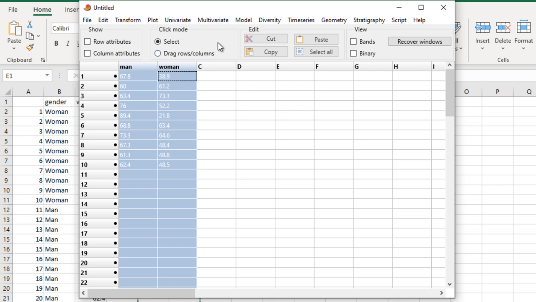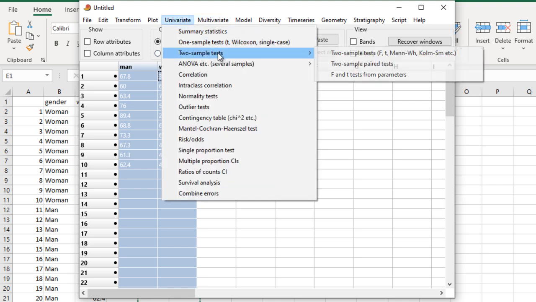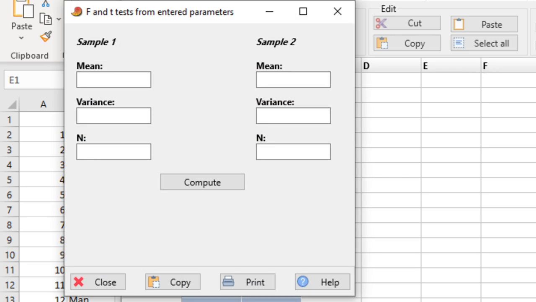So let's perform the test now. Come here, click on the two-sample tests, click on F and t test from parameters. So this is how you do it. Now this is sample 1, this is sample 2. Supply the mean here. For sample 1, which is men, the mean is 68.97. Take note of that. For the variance we have 78.1. Then the total is 10. For sample 2, which is women, we have